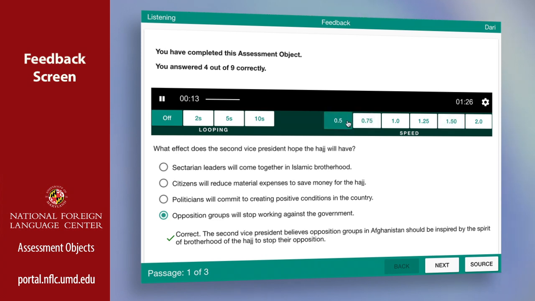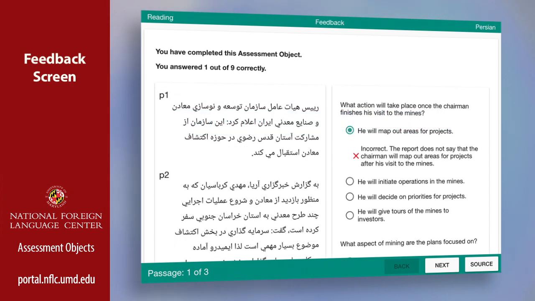For reading objects, you will be able to see